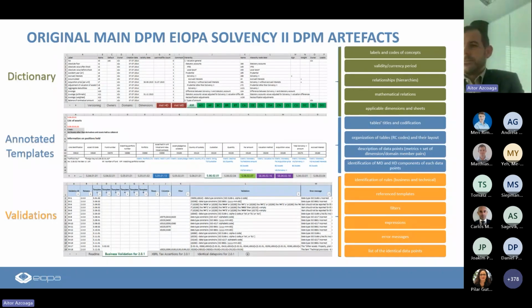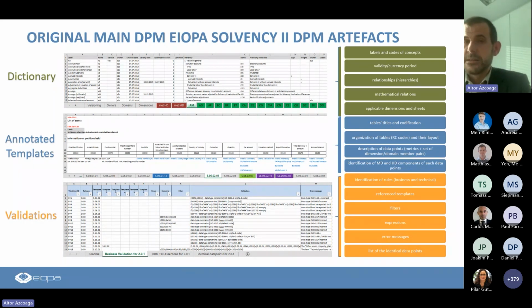Currently, in terms of the DPM deliverables, for those not familiar, or I should say originally, because now we have a change in the tooling. Before, we were using one tool that we call the tool for supervisors, which was part of the solution for undertakings, an internal solution. We were creating our deliverables, the main ones I have on the screen, together with the DPM database, of course.